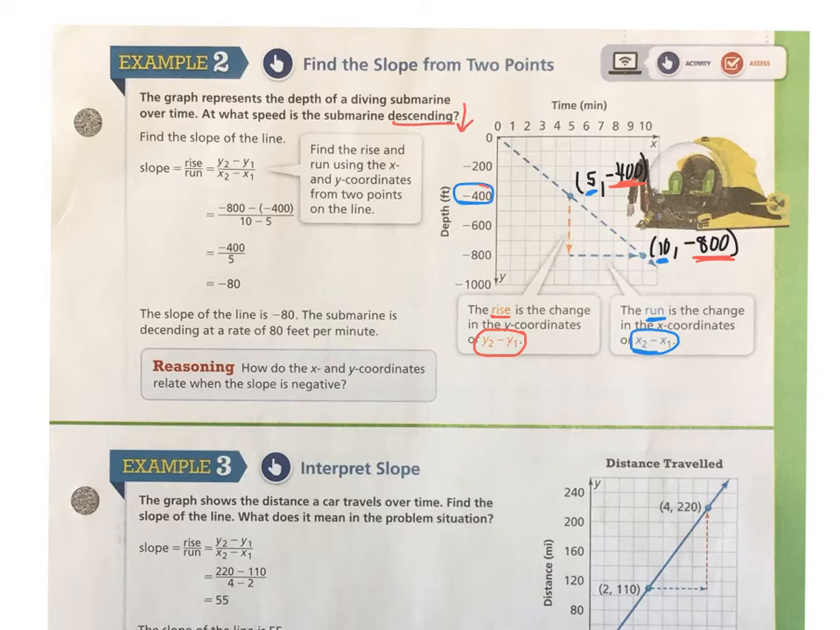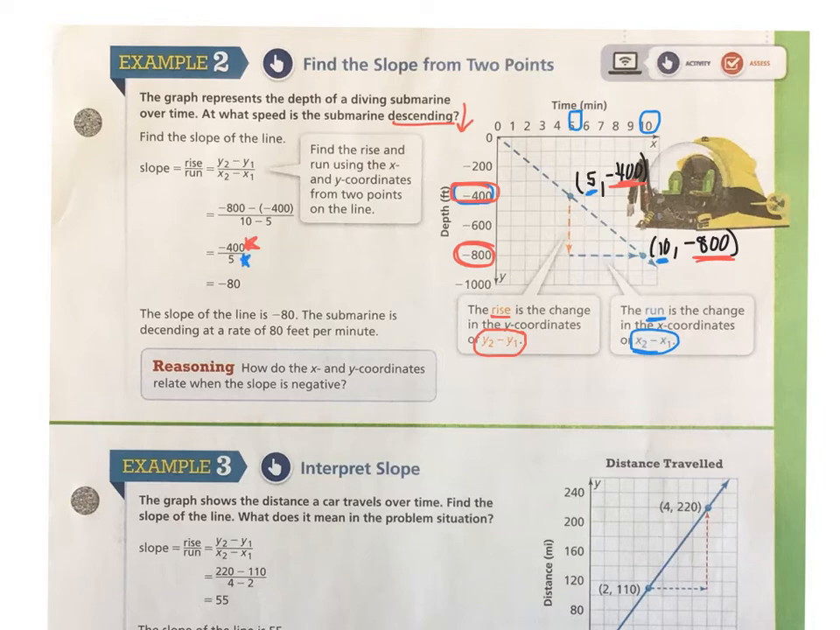and gets to a depth of negative 800? Well, the change in depth is that it went down an additional 400 feet. Then we look at the change in the time. In this case, at negative 400 feet, it had been 5 minutes. And at negative 800 feet, it had been 10 minutes. So the difference is 10 take away 5, or a difference of 5